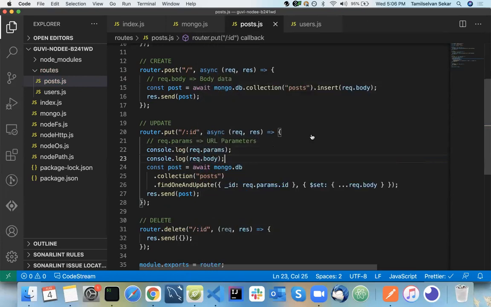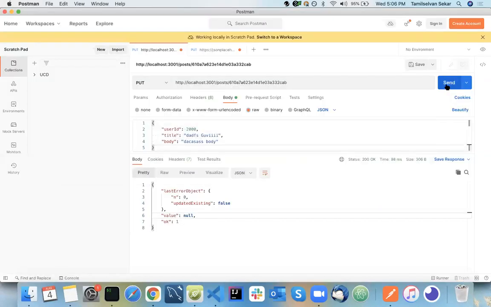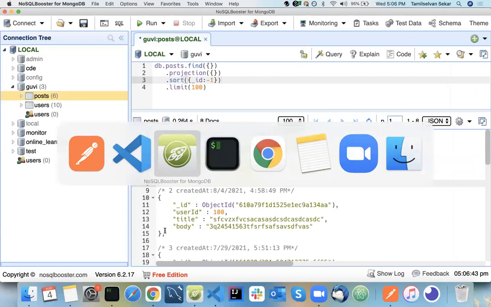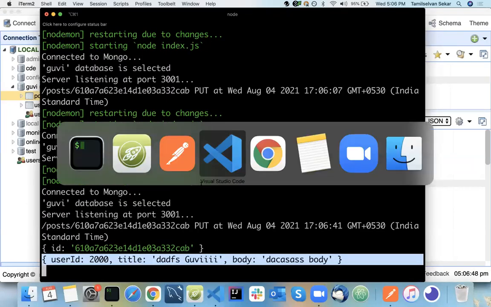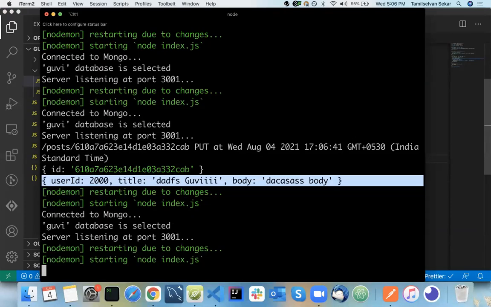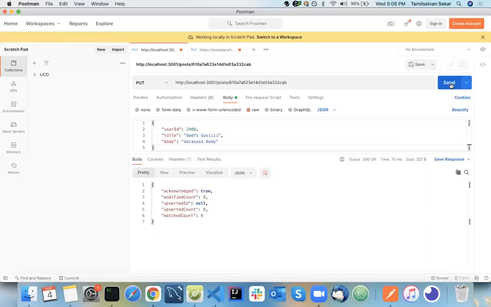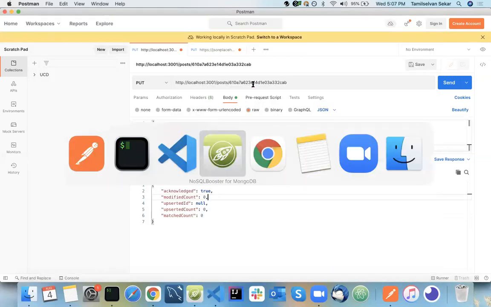Go here and send your ID. Yes, I'm getting both the data, but why is it not updating? Let me use update one. Send it here. Acknowledged. And if I go to the database,